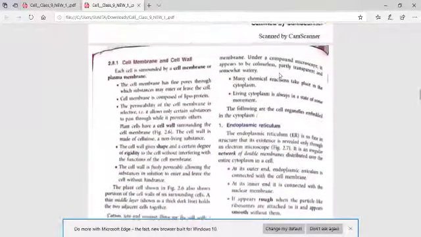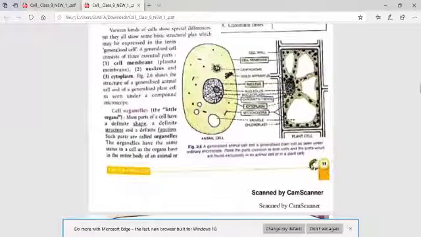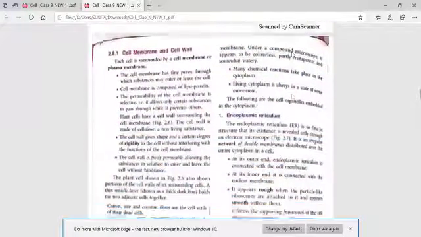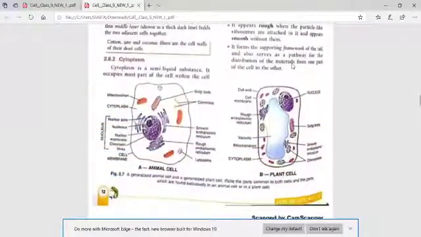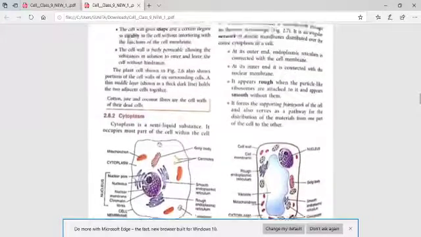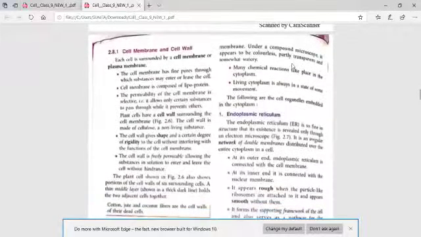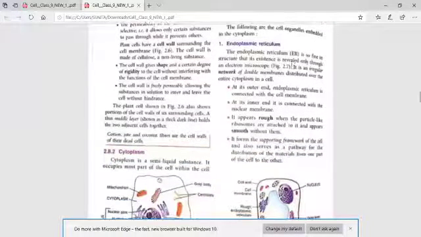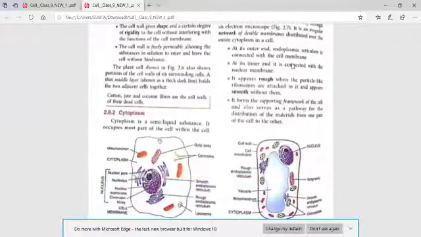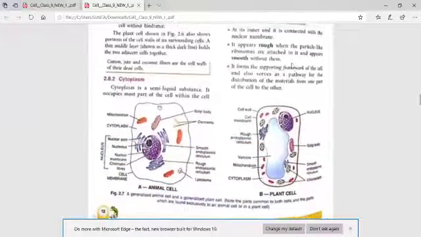Now we will go inner to the cell wall. Inner to the cell wall, we'll cross this boundary and go to the inner part of a cell. There we will get a matrix or jelly-like substance, which we call cytoplasm, in which all organelles remain suspended. So what is the function of cytoplasm then? Many chemical reactions take place inside the cytoplasm. Cytoplasm determines the living nature of a cell. If cytoplasm is dead, that means the cell is dead. Now we'll start with the individual organelle structure and their function.